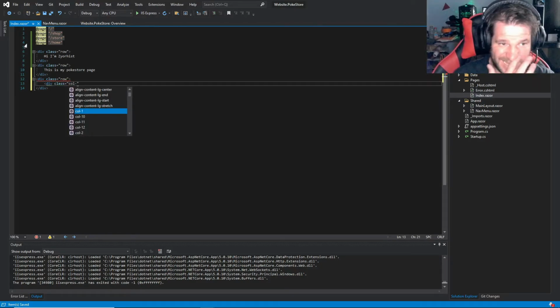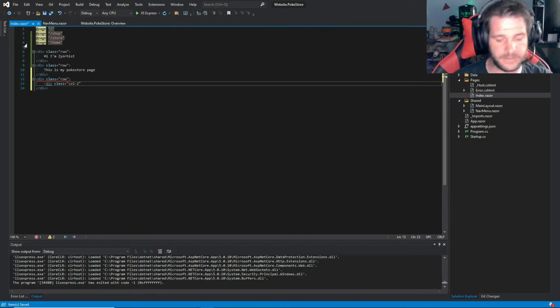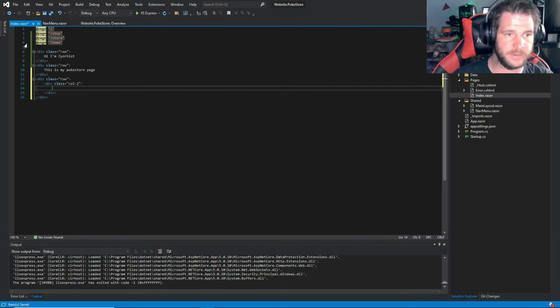Now columns have to add up to 12. Always add them up to 12. So if you do a 2 column, the next column has to be like a column 10 or whatever. So this is Zyorhist's